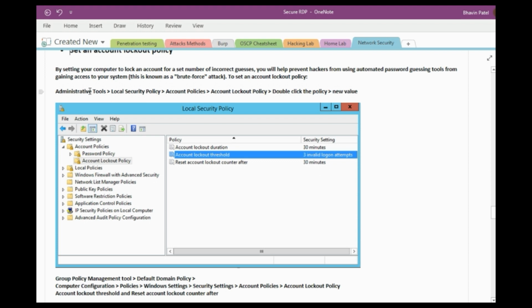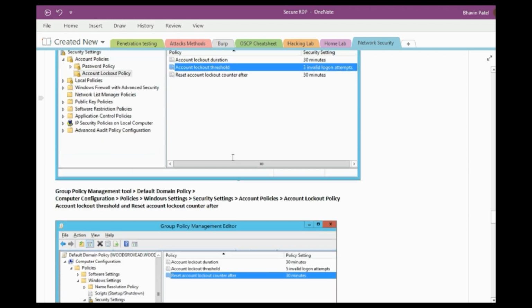So in a normal system you can access local policy, administrative tools, local security policy, account lockout policy. After that you can set the new value of your account lockout policy.